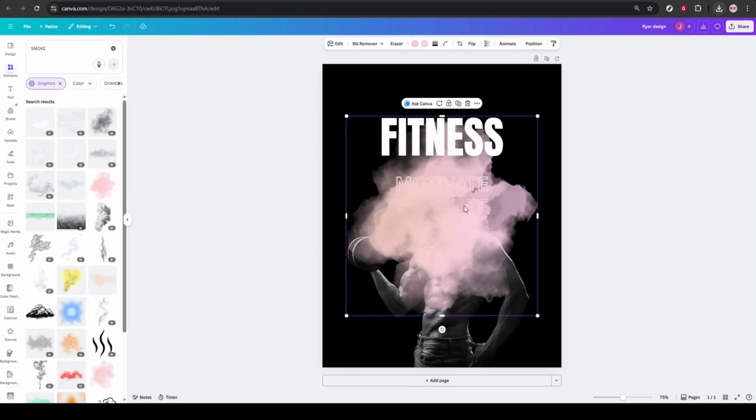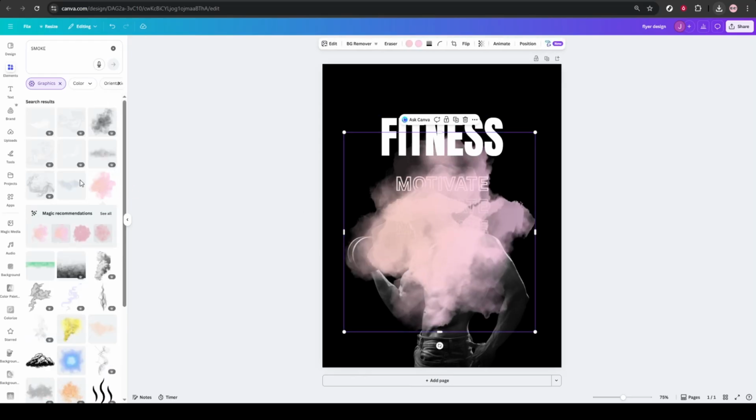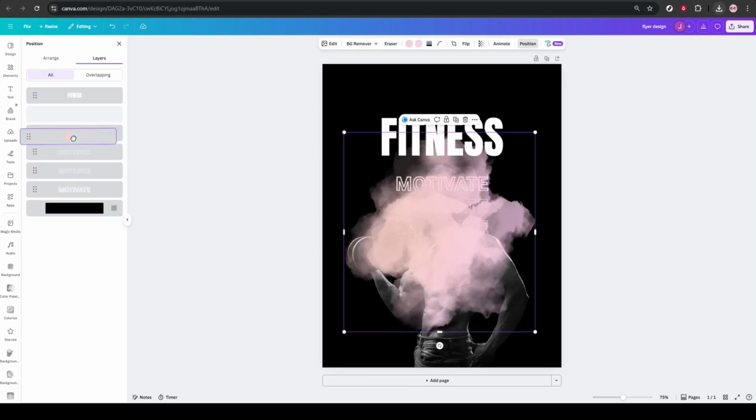Give the flyer a final pass for spacing, contrast, and hierarchy, and you're done with a clean,